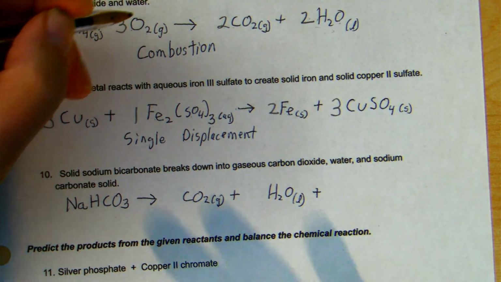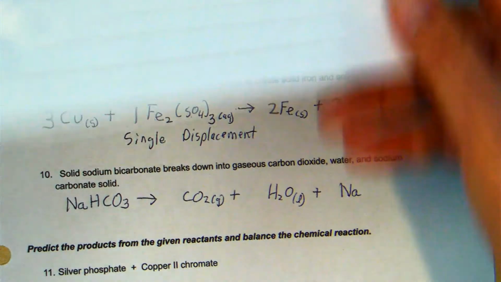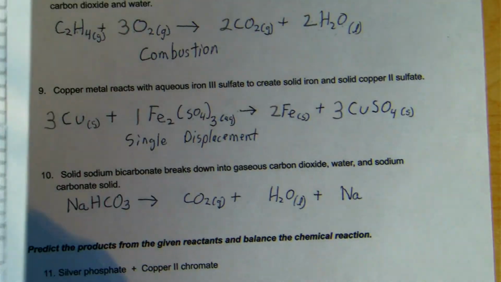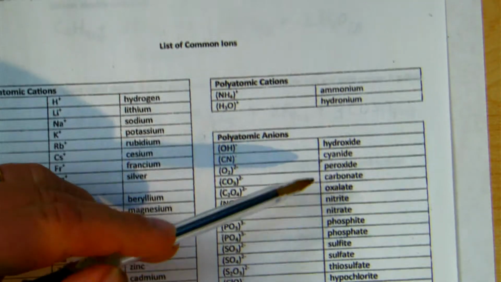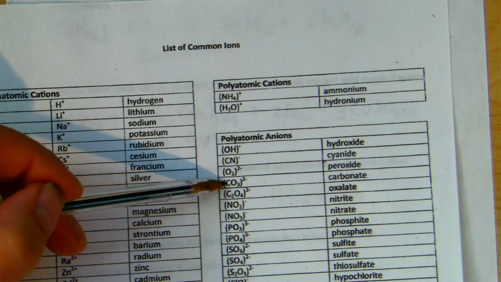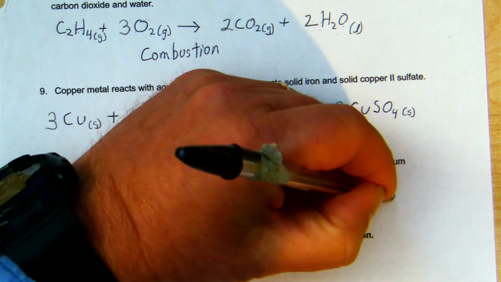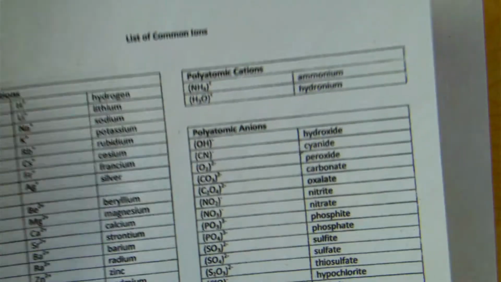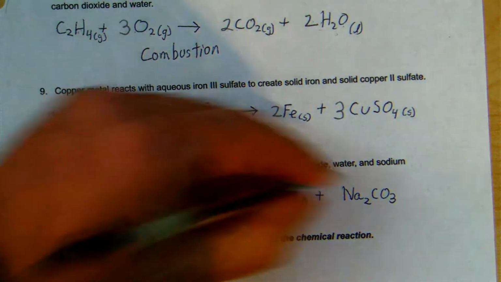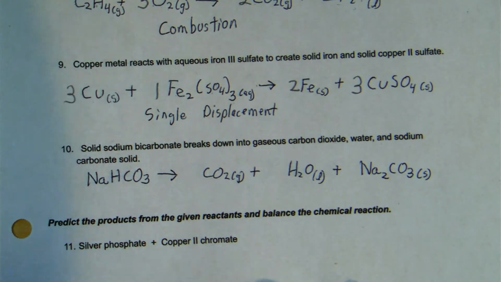sodium carbonate, solid. Sodium is always 1 plus, and Na is sodium. Now, carbonate is CO3 with a 2 minus charge. So I'm going to need 2 sodiums to balance each carbonate. So Na2CO3, the CO3 again being carbonate, CO3 with a 2 minus charge, and since it's solid, subscript letter S. There's the skeleton equation. Now to balance it,